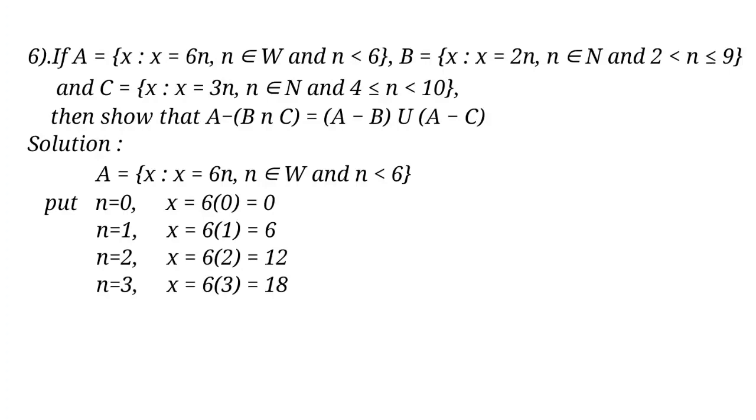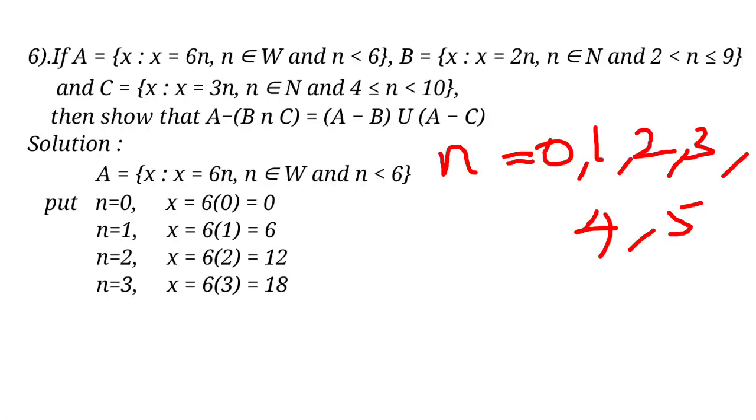Solution: A is equal to {x such that x is equal to 6n, n belongs to W and n less than 6}. Given is set builder form. Convert set builder form into roster form. Put n is equal to 0, because the condition is n belongs to W, so n is equal to 0,